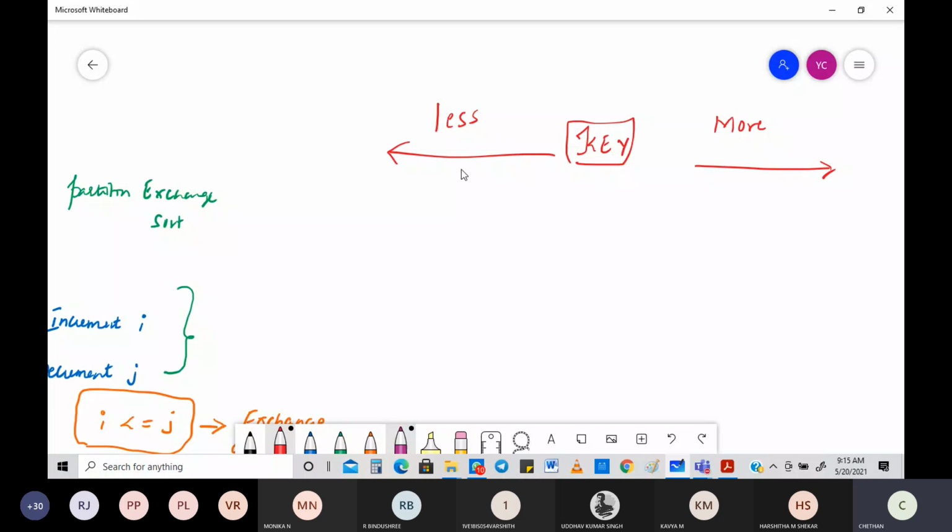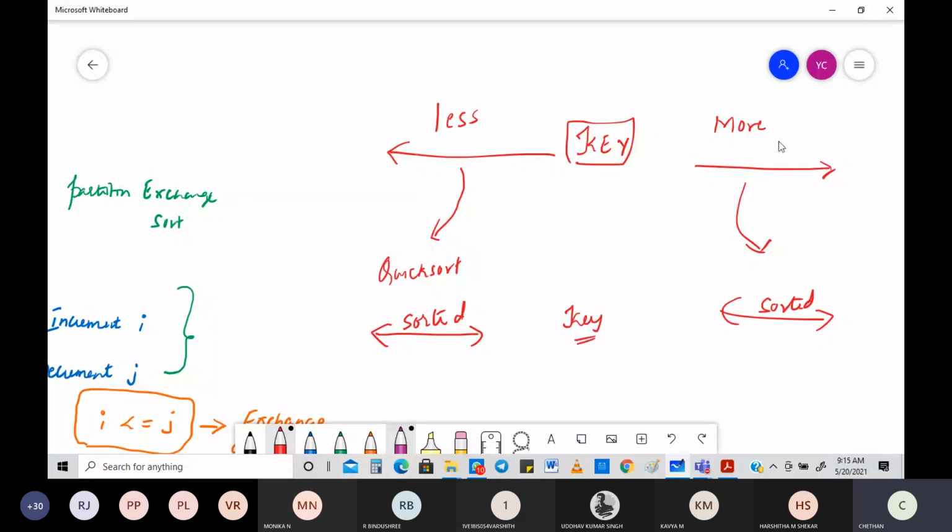No. So what is the next thing? Again, for this, you apply the quick sort technique, which is about dividing and sorting again, and then this will be fully sorted. Then you do the same thing for the right hand side, and then this will be fully sorted. Now be careful here. This is sorted, this is sorted, and the key element is in between in such a way that this side is less and this side is more. So it will be fully sorted. Then you can easily say that the entire array is fully sorted.